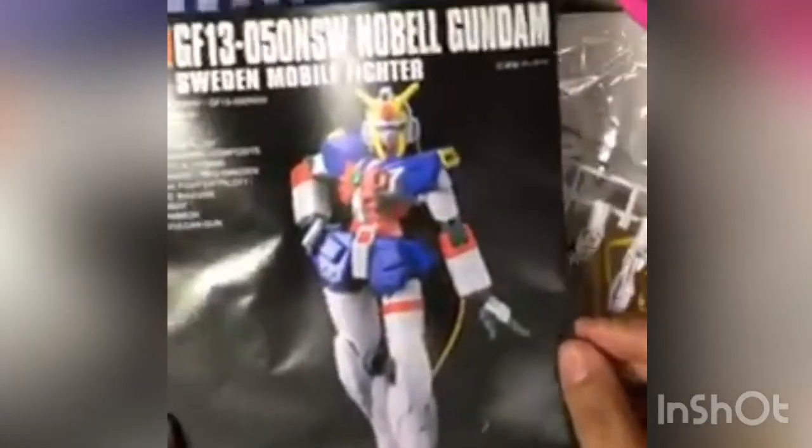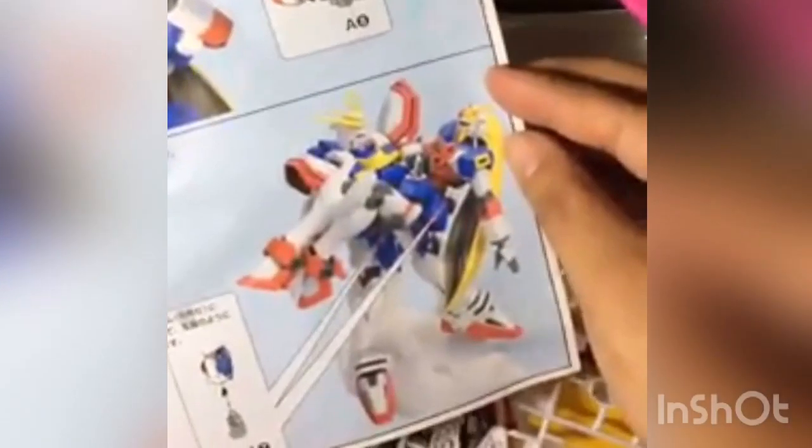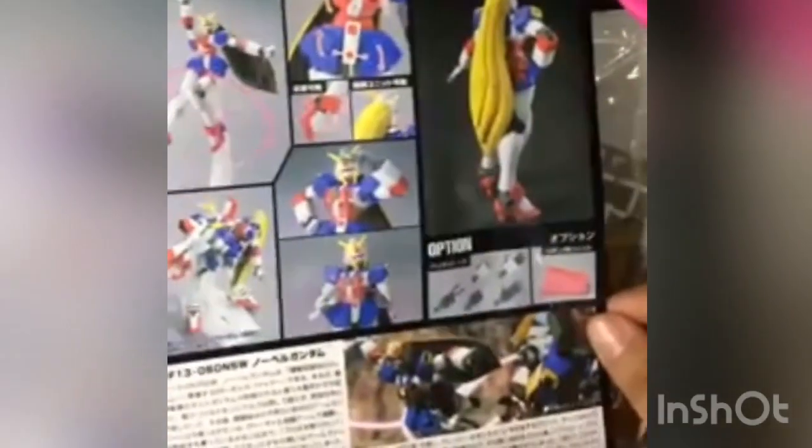Quick update about my current kit. It's a Nobell Gundam Neo-Sweden mobile fighter. I started this a few weeks back, probably more than a month, but I haven't had time to build her completely because I worked on my project for the GPWC, which was my Leo NPD. Now that I have some free time tonight, I might continue building because this lovely little kit